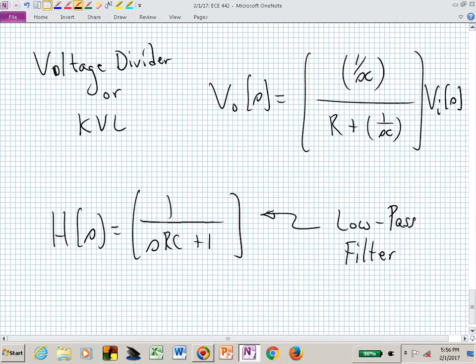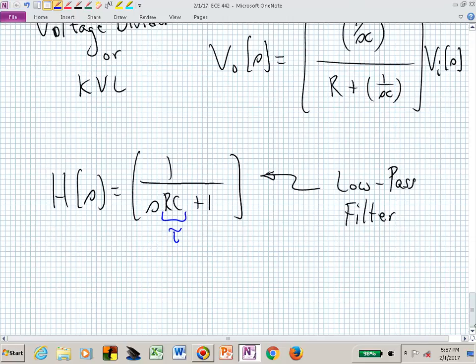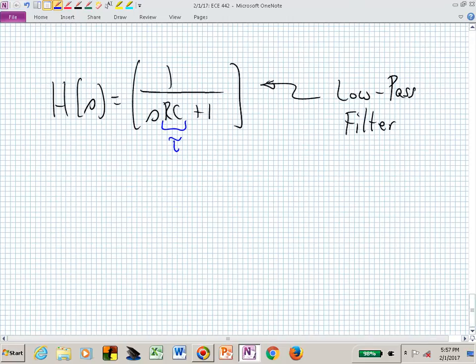Do you see a time constant in this expression? Do you see a tau? There's our time constant, the RC time constant of that circuit. And that now we need to select in order to create the cutoff frequency of our low-pass filter. So let's select a bandwidth for this low-pass filter. Suppose that we now say create, this is step 2 in this process, create a low-pass filter